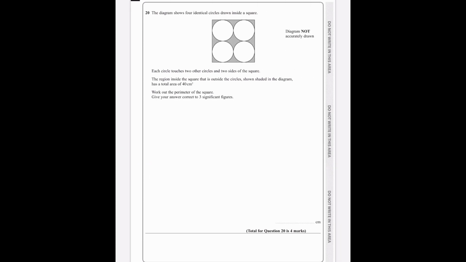Question 20. We're going to construct an expression for the shaded area. To do that, I'm going to find the area of the whole square, where there are 4 radii taking me from one side of the square to the other. So the side length of the square is 4r, so 4r squared for the area of the square. Subtract the 4 circles, that's 4 lots of pi r squared, will give me the shaded region,